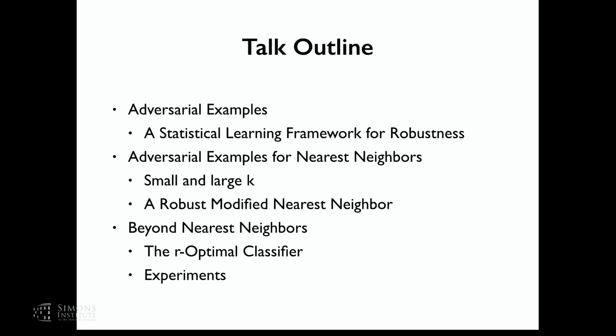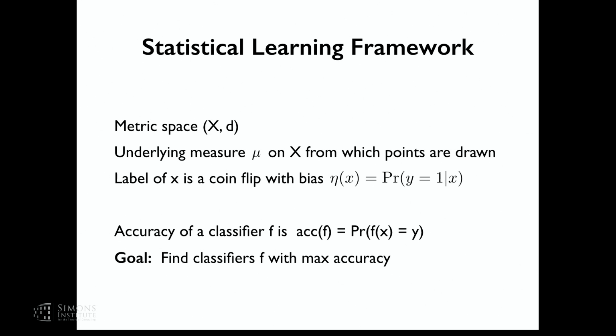Okay? So I told you what adversarial examples are. What we are going to do today is start out with a statistical learning framework for robustness, and then I'm going to tell you a little bit about adversarial examples for nearest neighbors, and then we will look beyond nearest neighbors to more general non-parametrics. Okay? So remember, yesterday I talked about the statistical learning framework, and just keep nearest neighbor in mind when you are looking at this framework,